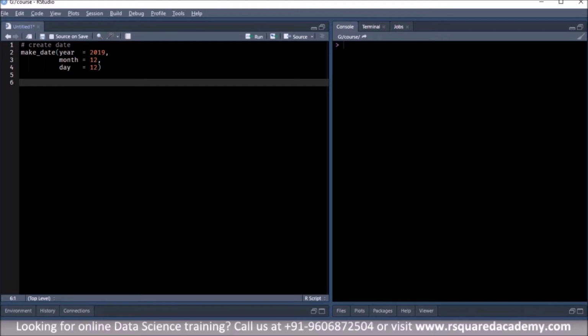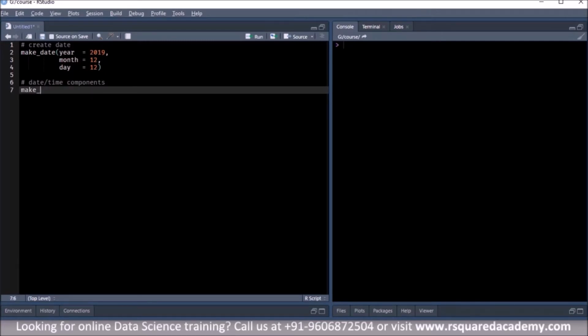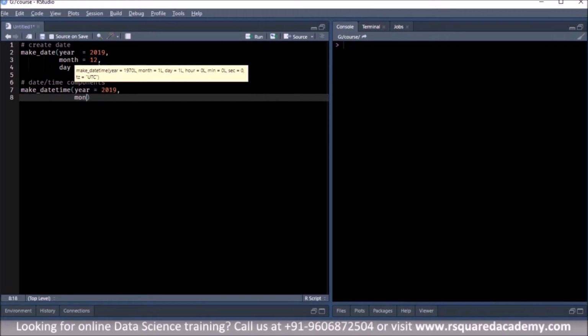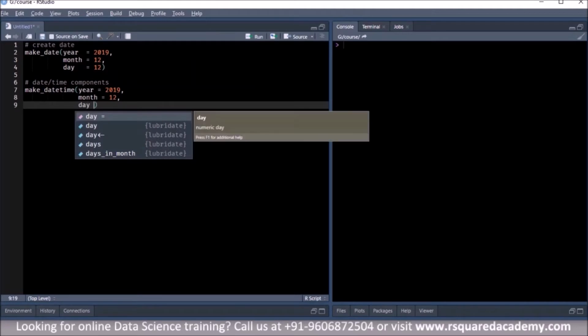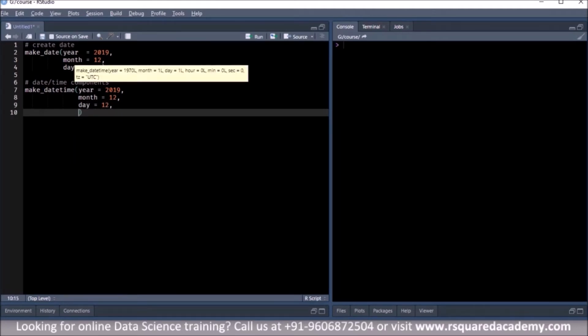When you need to include the time components as well, let us say datetime components, use the make_datetime function. And then you specify the year, month and date as usual, like we did in the previous case. And then you start with the time components.